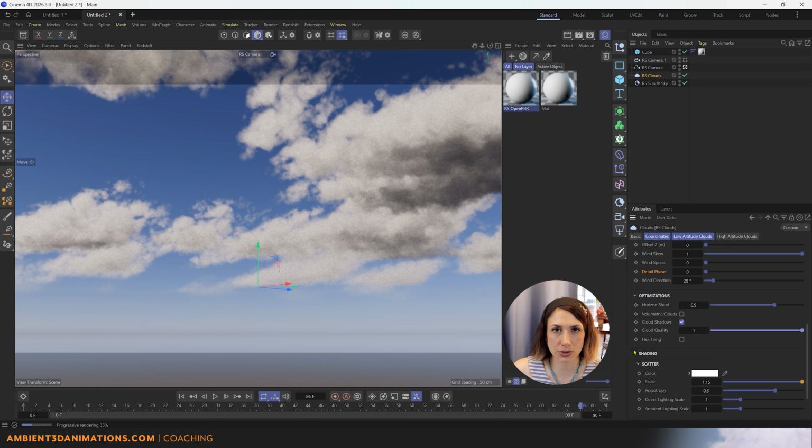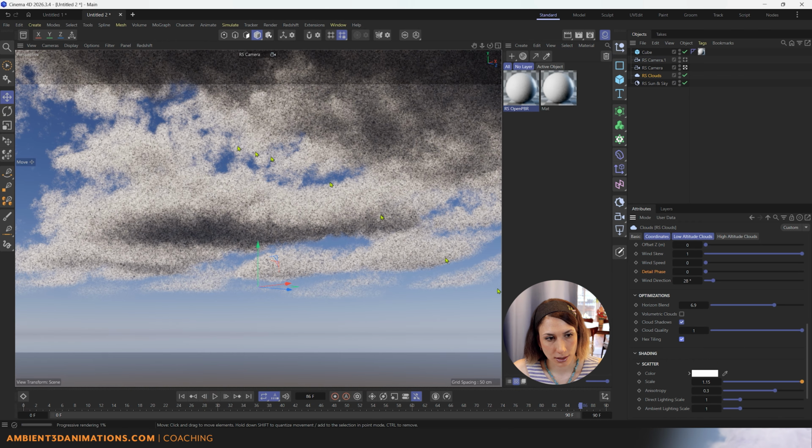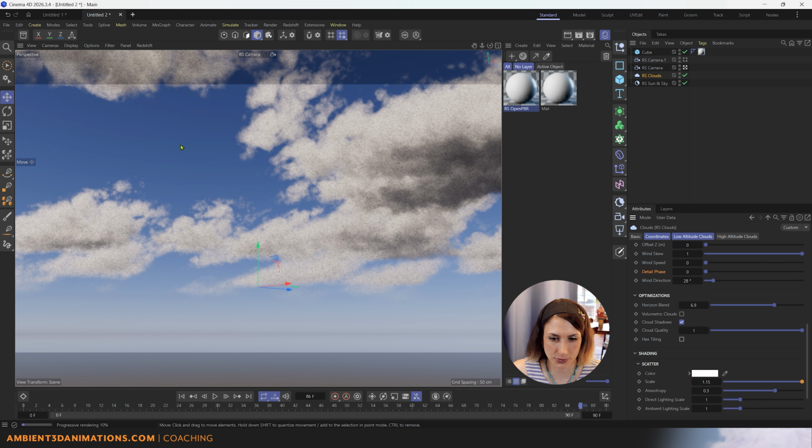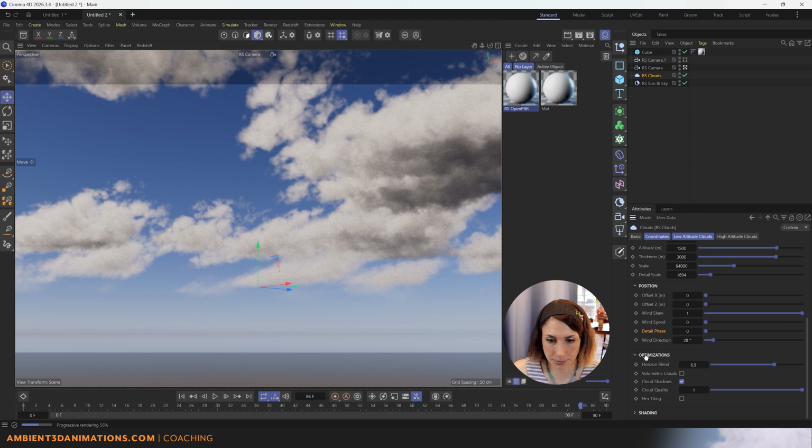Hex tiling you can use to hide the repeating pattern of the clouds caused by the noise. So I'm going to keep that off right now because that isn't really a problem we're having right now. But it hides that repeating pattern. And then